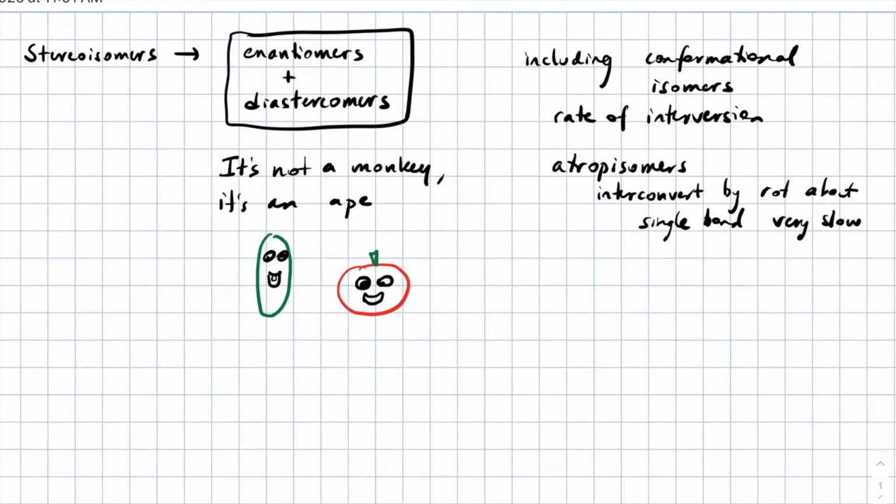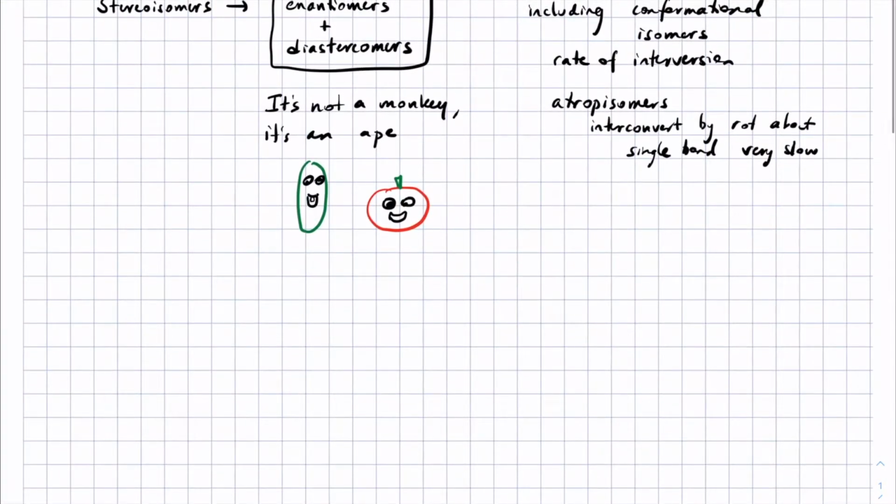Another term that has fallen out of favor is asymmetric carbon. I think that has generally been used interchangeably with chiral center, and its use is discouraged. Instead,